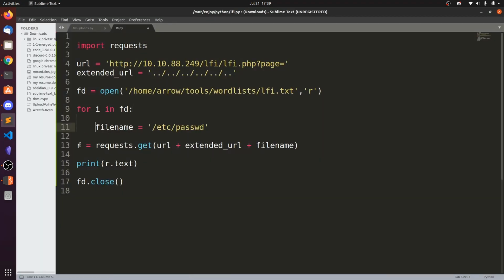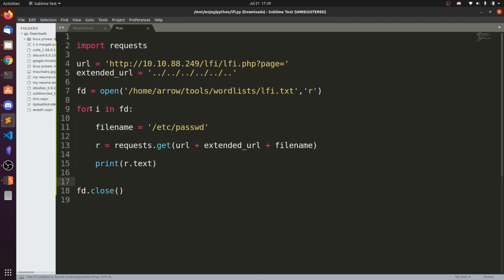now what you can do is hit the tab. So for every line in this text file, I need to append it to this filename, right? So all you can do is, let's say filename is equal to i, or you can simply delete this filename and put this i, right?